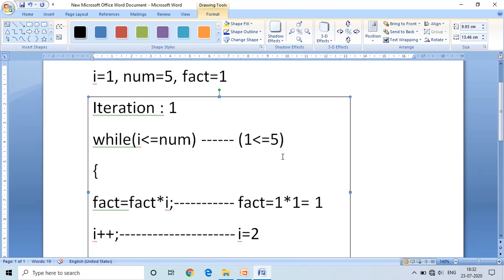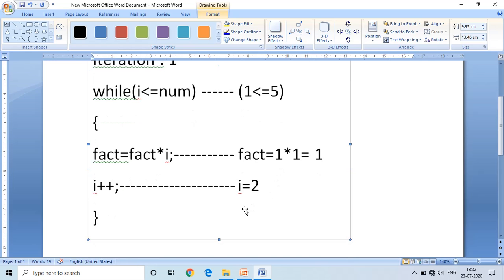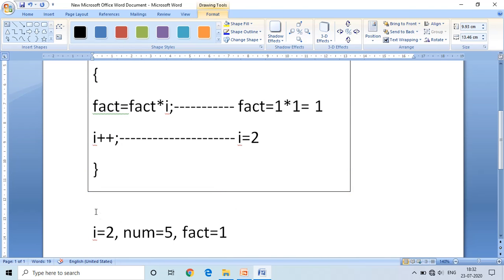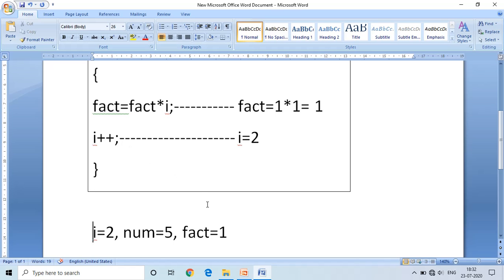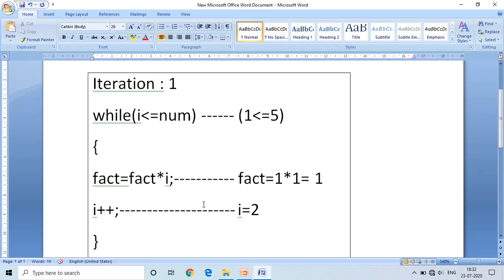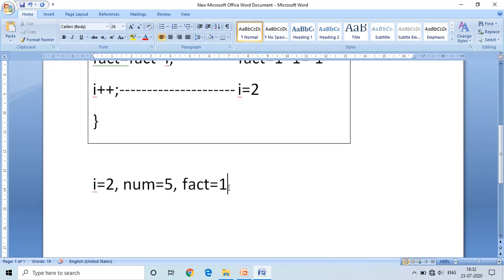This is the first iteration. In this iteration, these changes occurred in the memory. After this iteration, the control is passed to the while loop. Again, in the while loop,